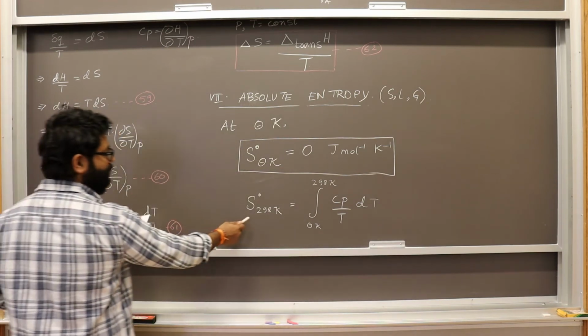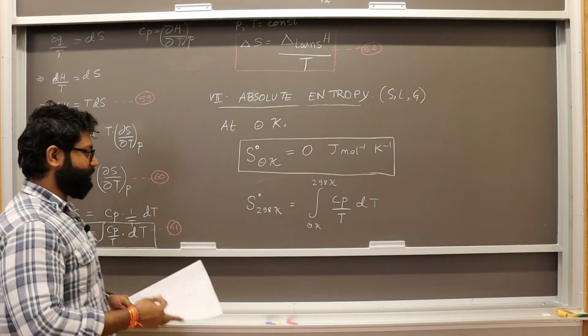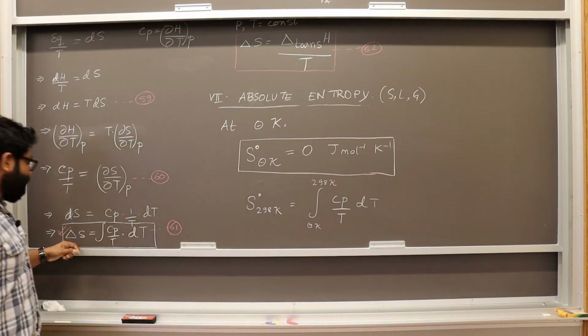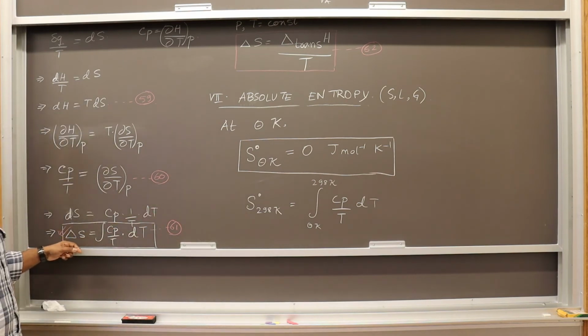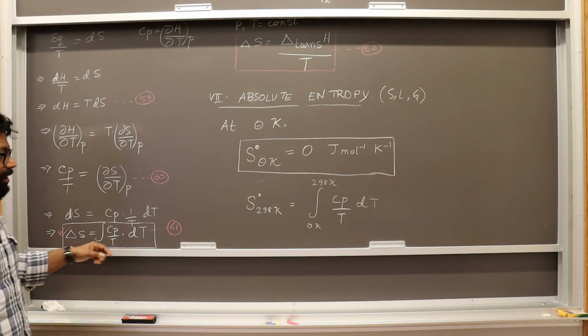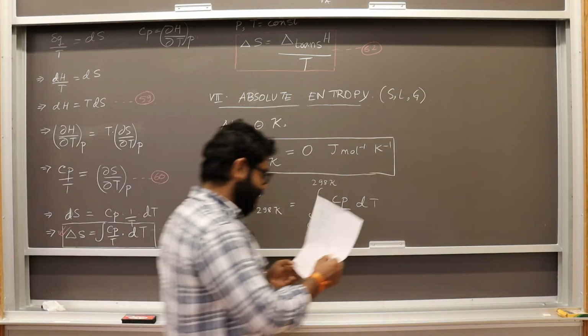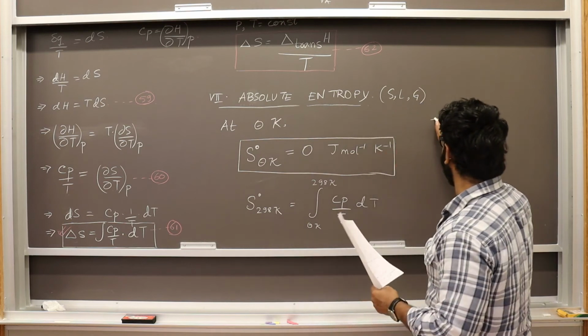So using this, you'll be able to find out the entropy. Now, this was delta S, not S, so this was the change in entropy. Using this, which is the third law of thermodynamics,